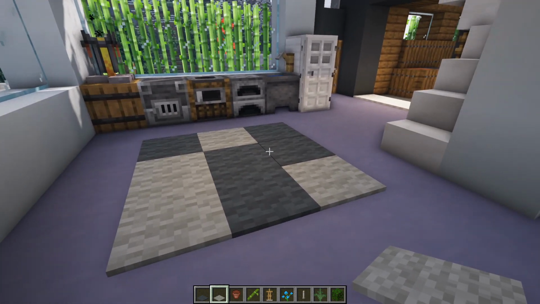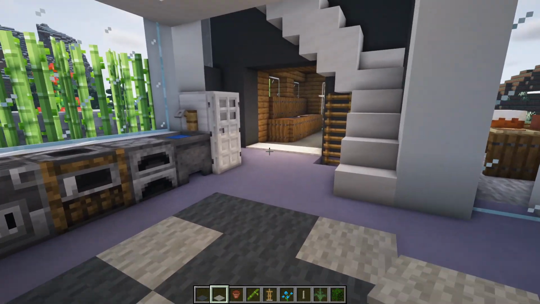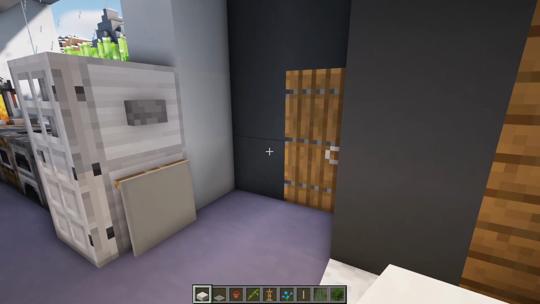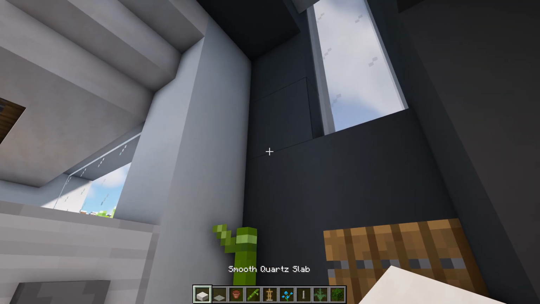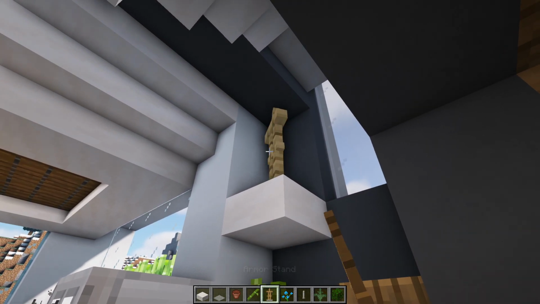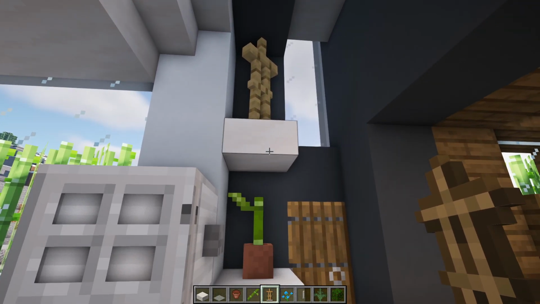Doesn't really matter how you build that, to be honest, but if you want to copy what I've done here, that's what you need to do. And next up, we're going to grab some smooth quartz slabs here, and one block in the corner here on this top level, we're going to have a slab where we can maybe have a bamboo in a flower pot. We're then going to place another one here, and on top of that, we can display an armor stand. Whether you choose to put some armor on or just leave it like that, either way,